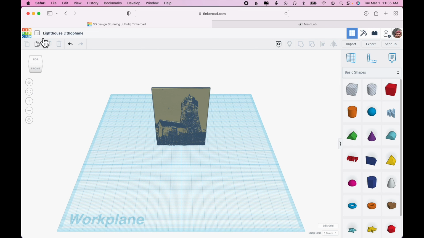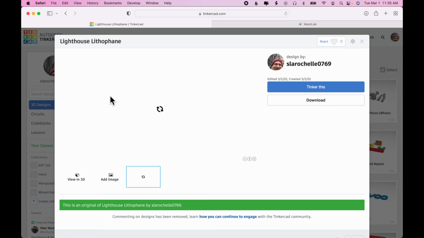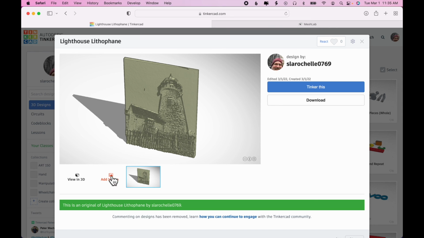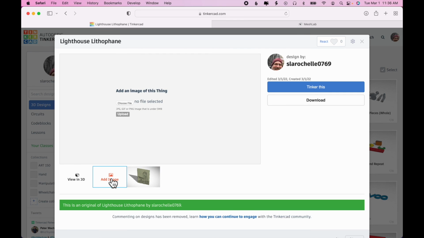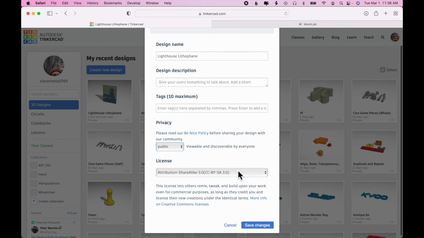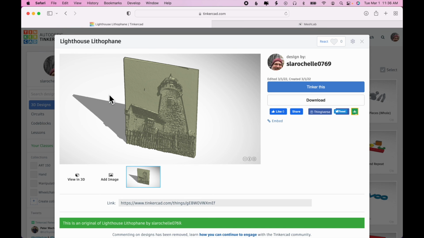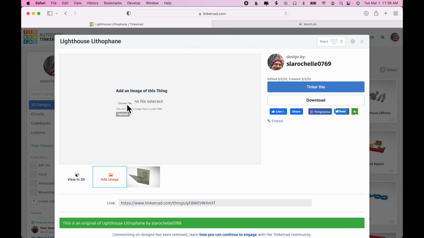Now, we can go back to the dashboard and then click in the middle of the image to bring up this screen. We want to next add a couple photos. Click Add Image. Actually, before I do that, we need to make sure that the file is public. So I choose Properties, change it to Public, save. Okay, then click in the middle again. Now I can click Add Image, choose File,